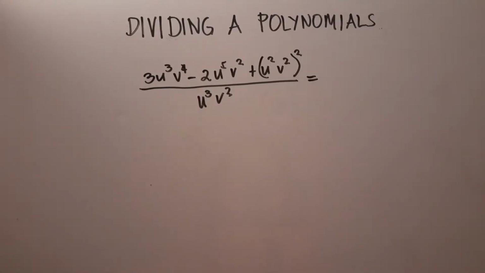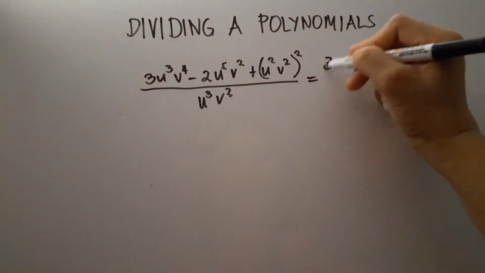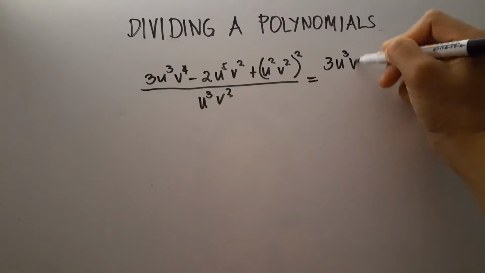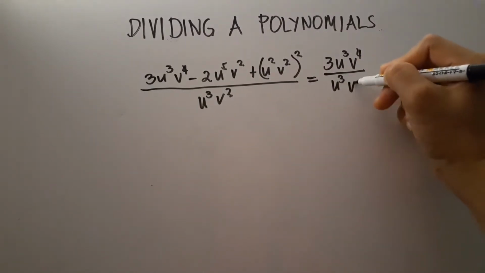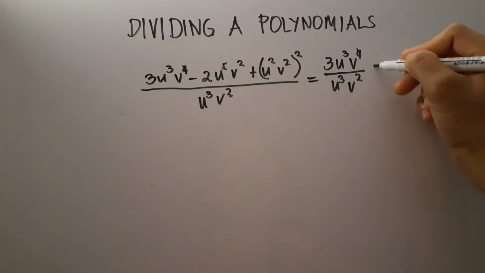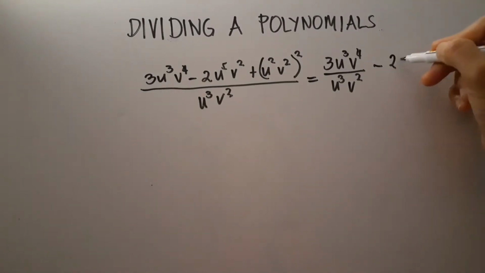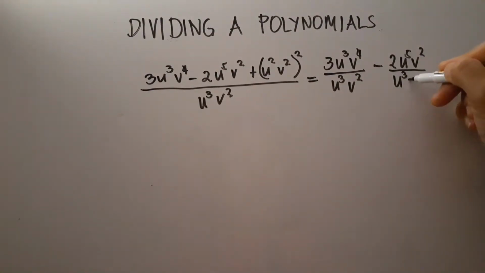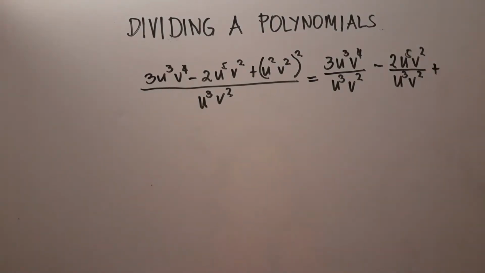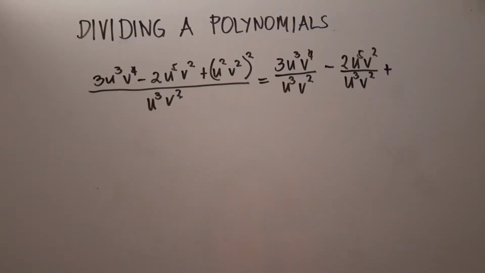Then we divide each term: 3u cubed b to the 4th over u cubed b squared, minus 2u to the fifth b squared over u cubed b squared, plus